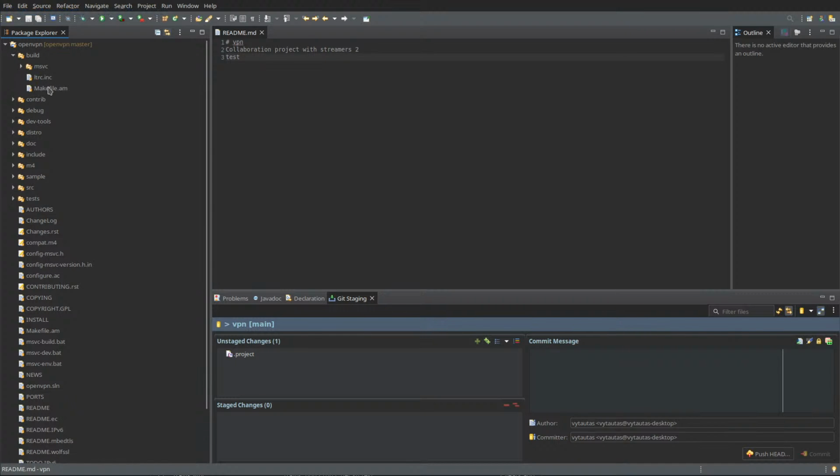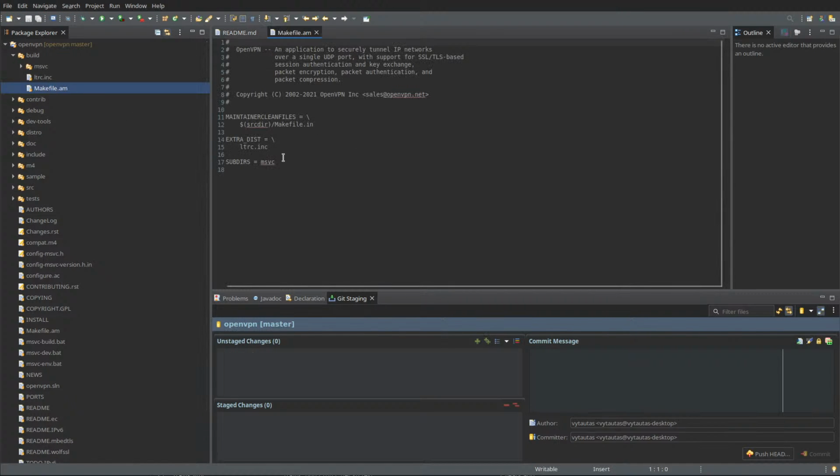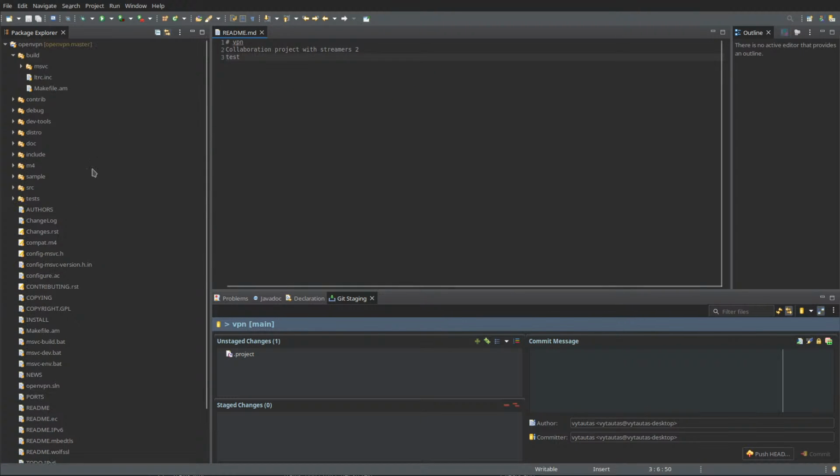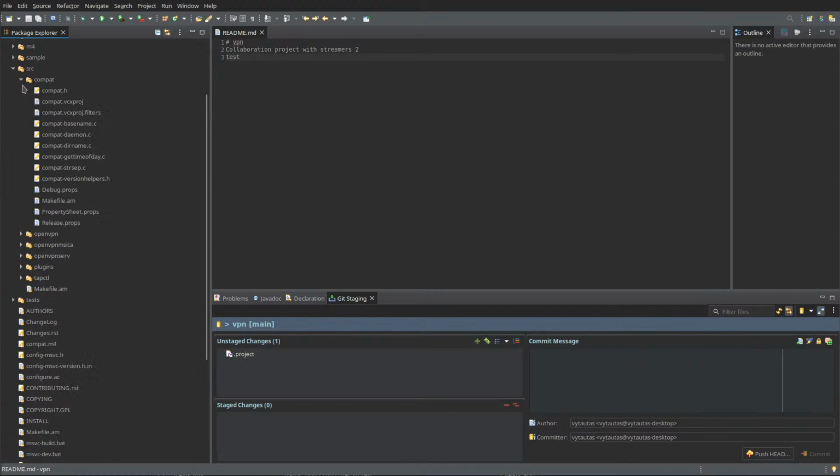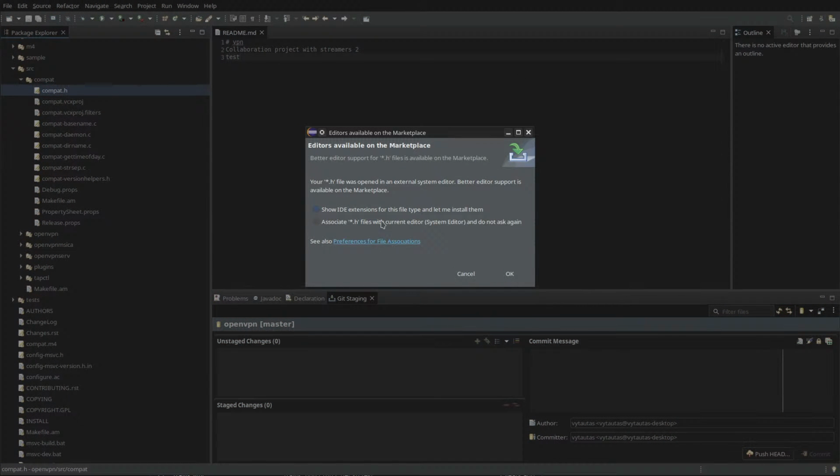Build and make files. Those are a thing. So make files are basically instructions for the compiler. Oh, something like that. Samples. Look at the source code. Oh, it doesn't wanna open it here.